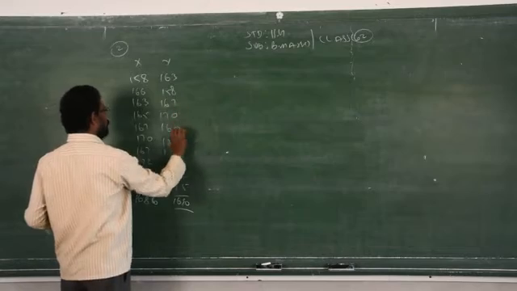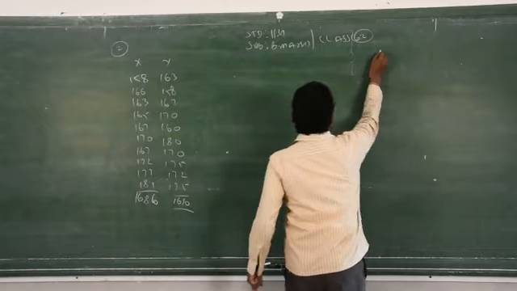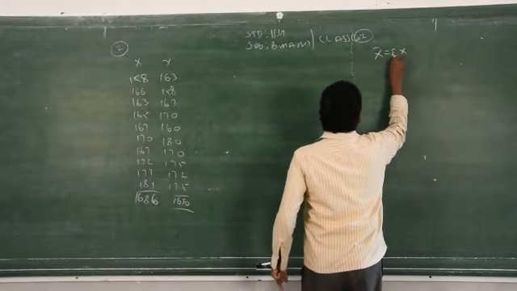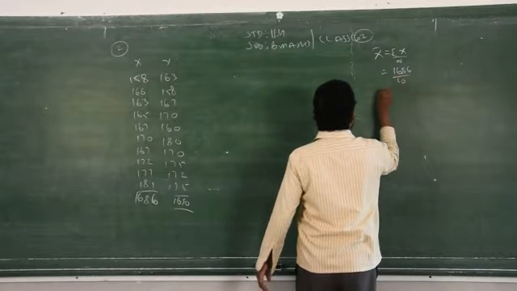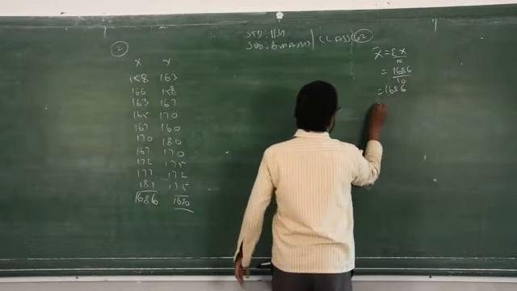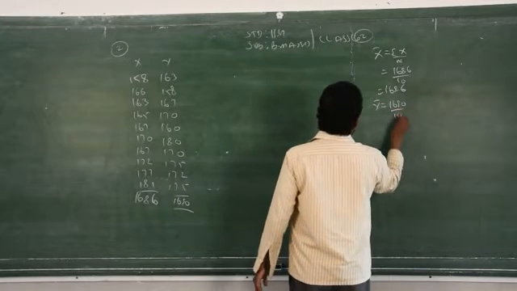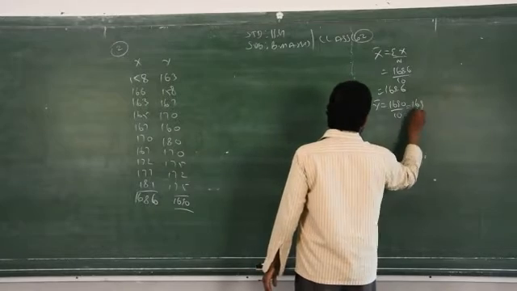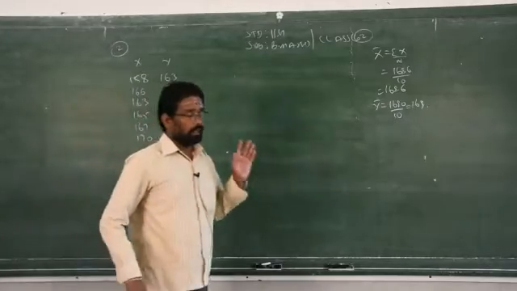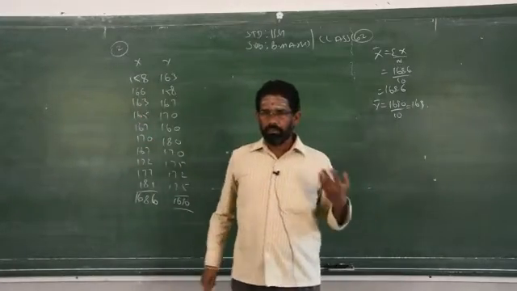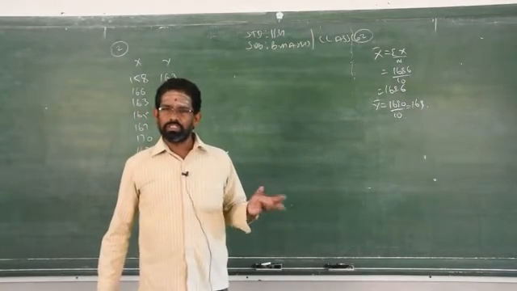There are how many data? 1, 2, 3, 4, 5, 6, 7, 8, 9, 10. So if it is 10 data, then what is the formula to find x bar? Summation x by n, which will give you 1686 by 10, you will get a decimal value. Then similarly for y bar, that is 1690 by 10, which will give you 169. So this is a whole number, but x bar is a decimal. So you cannot apply the deviation method with mean. Now you go for either the direct method or deviation with assumed mean.